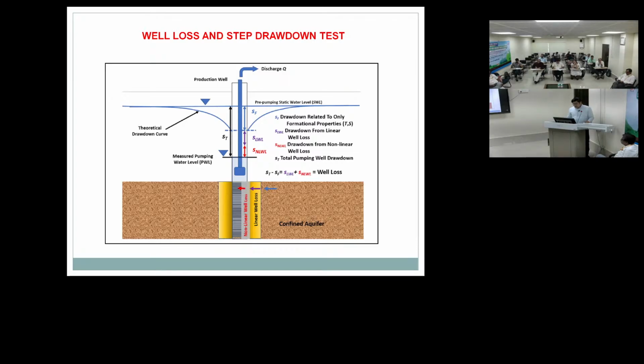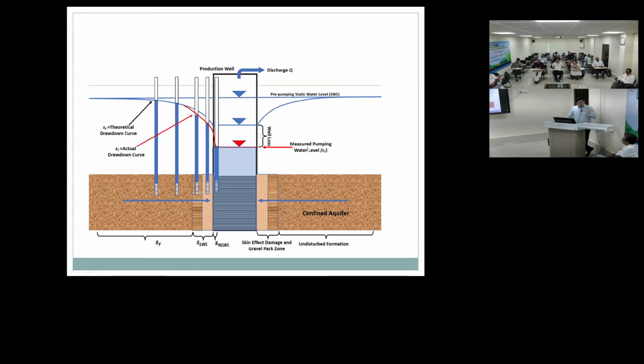because ultimately when we pump a well, or when these forces have been generated, there will be drawdown. So once there is a drawdown, there are aquifer losses, and this is called drawdown from linear well loss, and drawdown from non-linear loss due to pumping. We have to consider both in the consideration. And after that only we can ascertain the